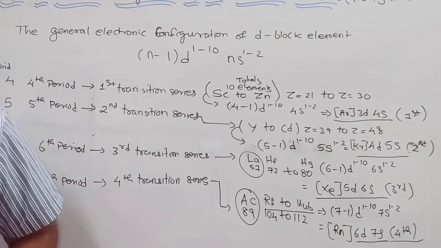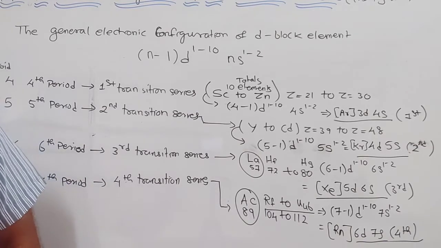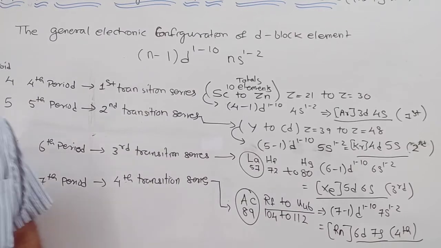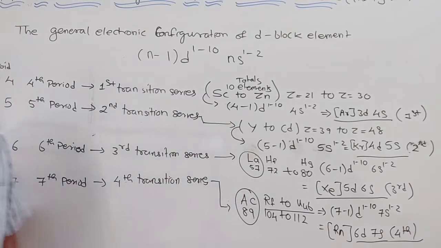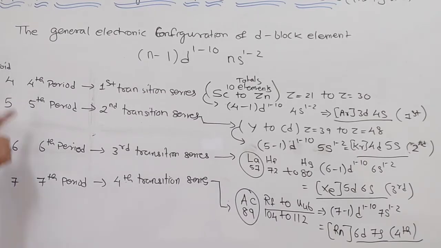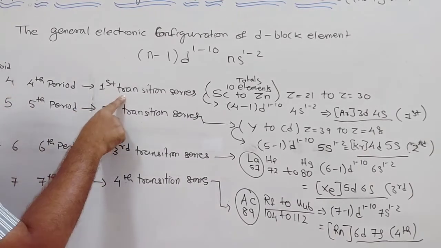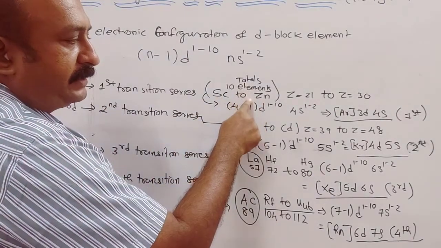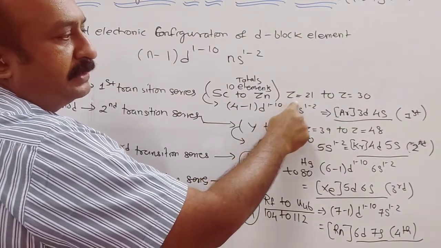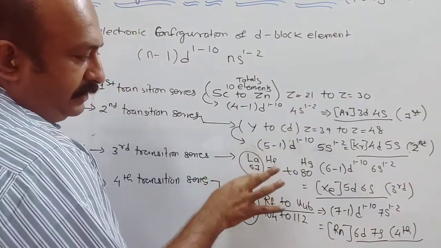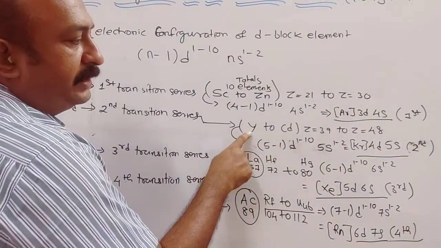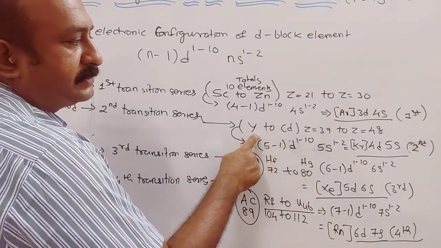Understood? So we discussed the first transition, second transition, third transition and fourth transition, and what the configurations are, all these parts we have discussed here. Now, when we talk about this configuration, I think this part is clear now. So from where does the d block element start? From the fourth period. Fourth period is called the first transition series. It is from scandium to zinc. Total 10 elements are there. Then Z is equal to 21 to 30. Here I already explained. Then here 39 to 48. If you count it, it will be 10 electrons only. Yttrium to cadmium it is. Okay, this is the second transition series.